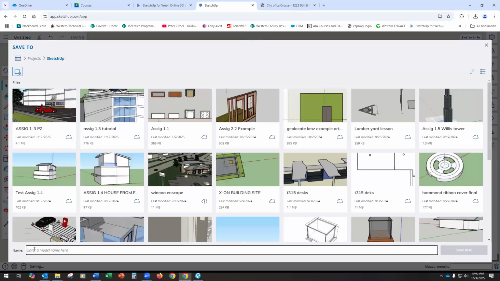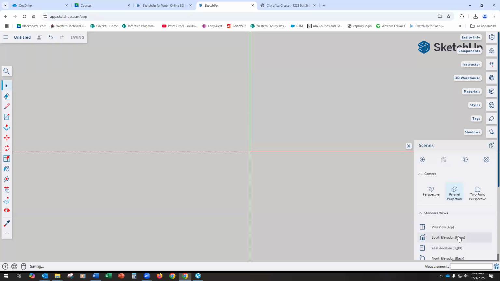So I'm going to save it, and I'm going to go to SketchUp. And let's call this 1223 9th Street Energy Model. And then I'm going to hit save here. Okay, so now I've got to know